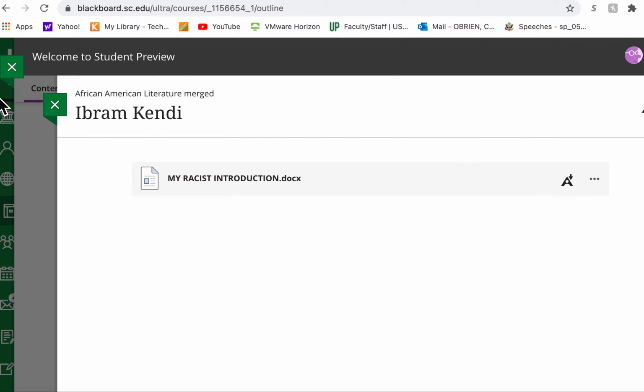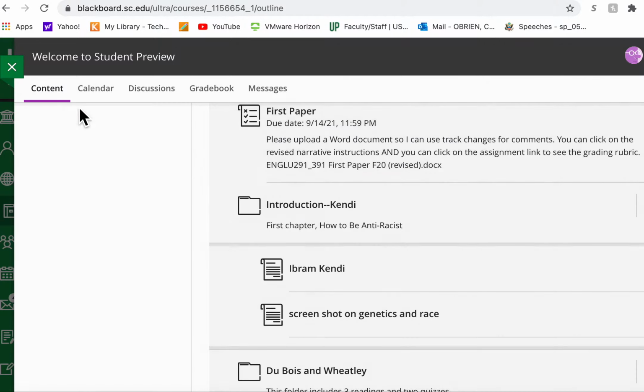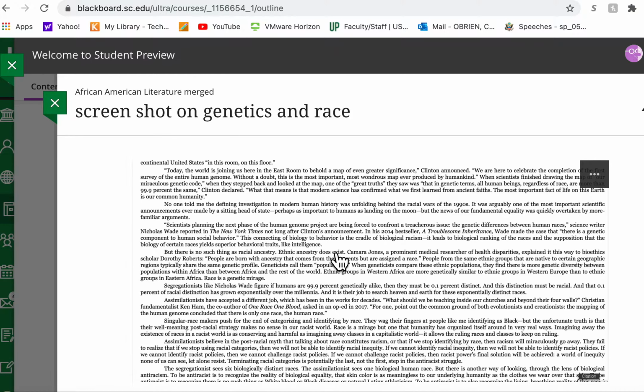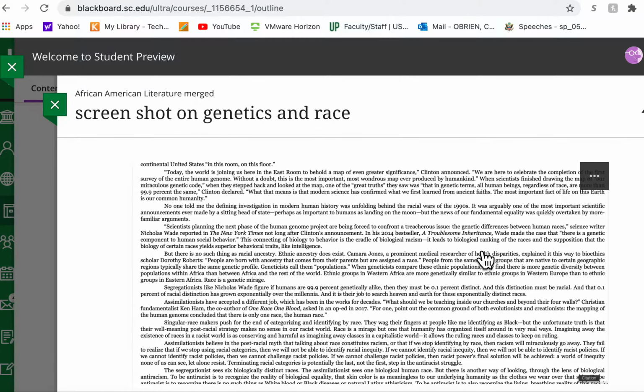And then the next thing that you will see is a screenshot in which he talks about genetics and race. And if you read this whole passage from the book that isn't included in the excerpt, you will find out some very interesting things about science and about what race is. So quickly going back to our navigation,